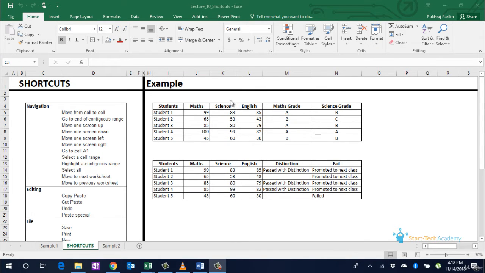Hi everyone. In this lecture, we will learn about some important keyboard shortcuts. Using shortcuts, especially when you are doing standard formatting or repetitive actions in Excel, increases your efficiency and reduces the time taken. You need not toggle between keyboard and mouse. You need not take your mouse to a particular button in the menu. Just tap some keystrokes on the keyboard and your job is done. So let us look at some basic shortcuts first.